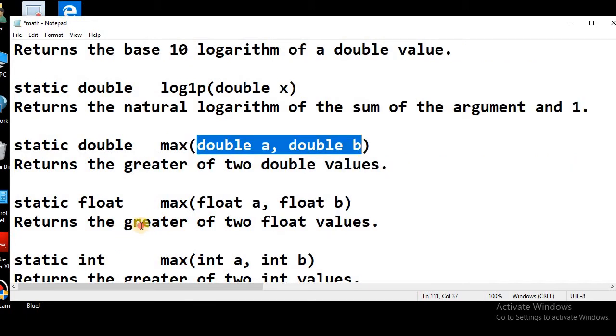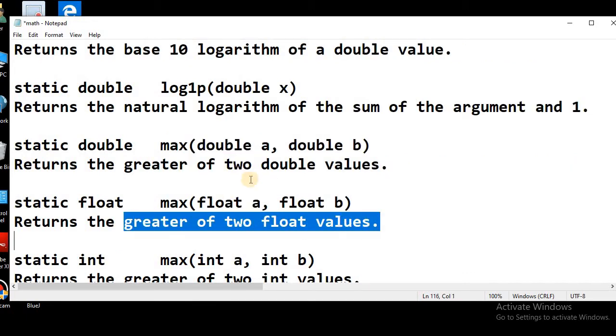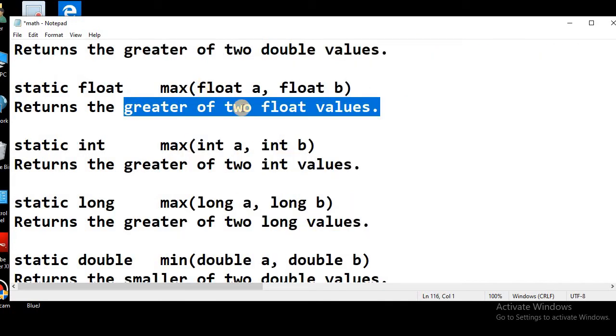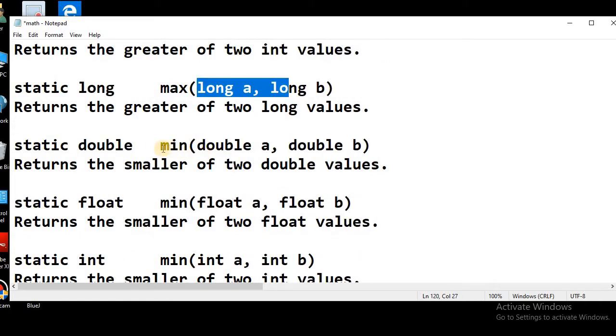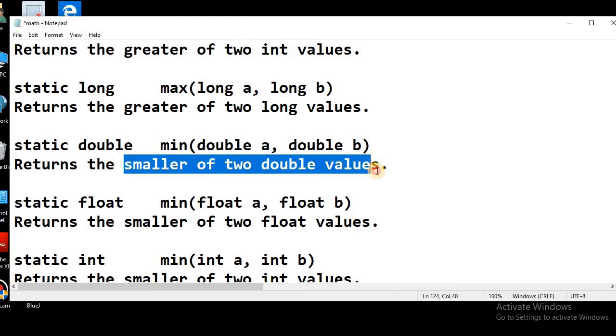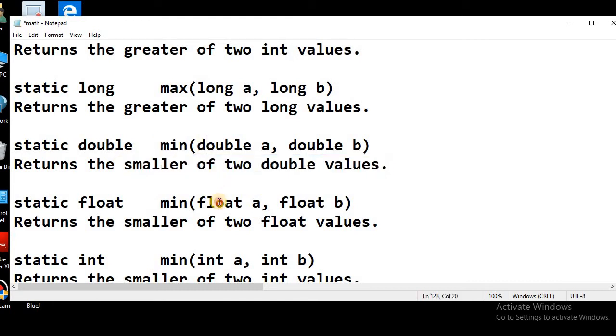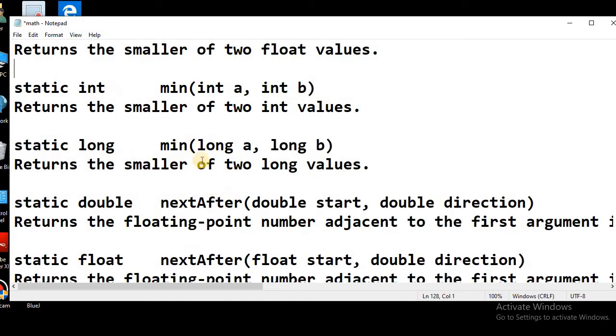So it will get the greater of the two values that are passed as parameters. It accepts double, float, integer, long values. Similarly, we have the min function that will return the minimum or smaller of the two values. It also accepts double, float, int, and long values.